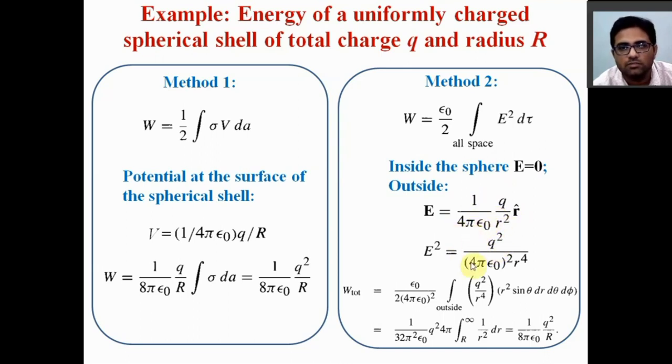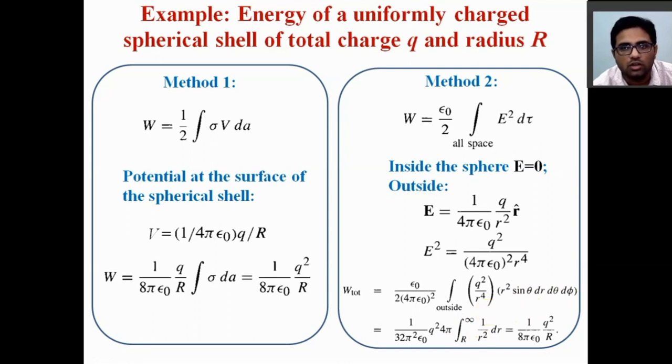Now using this form in the volume integration, we have to use the form of volume element in spherical coordinates, because we are considering a spherical shell, and we get this form. Here the volume element d tau is basically r square sin theta dr d theta d phi, and the integration limit for r is capital R to infinity,